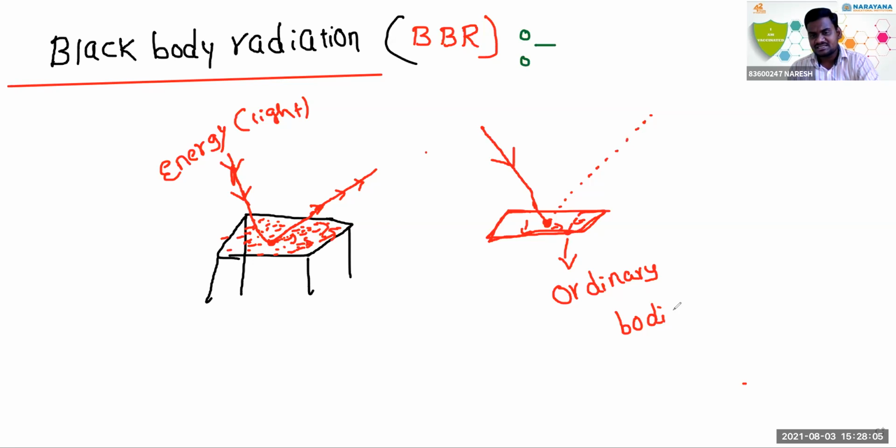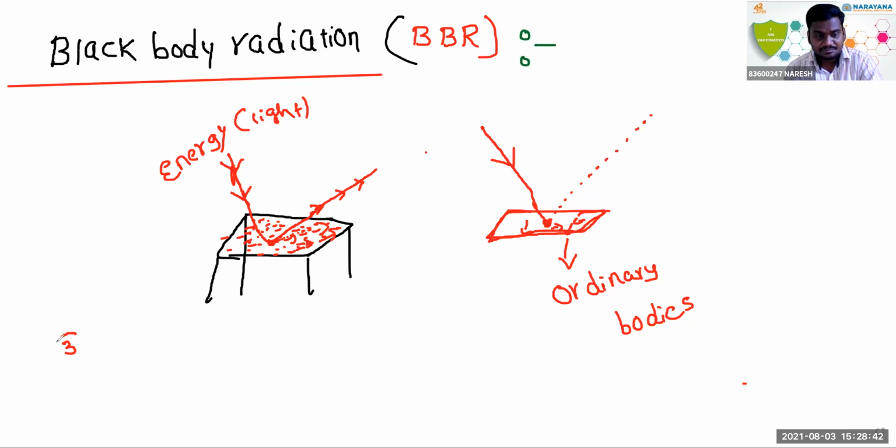Don't get confused. Here we discuss only two points. The first point is when radiant energy falls on the surface of a metal, a part of it is absorbed, a part of it is reflected, and the remaining part of energy is transmitted. So all the incident radiant energy is not completely absorbed by the body. Such bodies are called normal bodies or ordinary bodies.